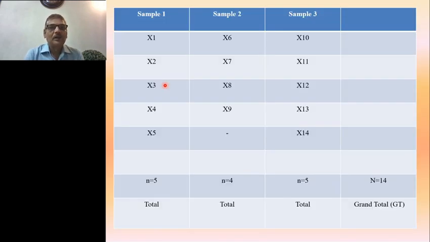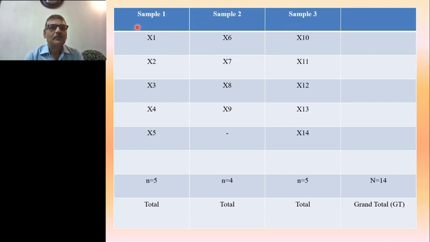Now, before I explain the different steps of ANOVA, let us see a specific case, and based on this, we shall be able to go through its many steps. Suppose you have collected data from three different areas, or you have analyzed three different populations, and the values are represented in the form of sample 1, sample 2, and sample 3.